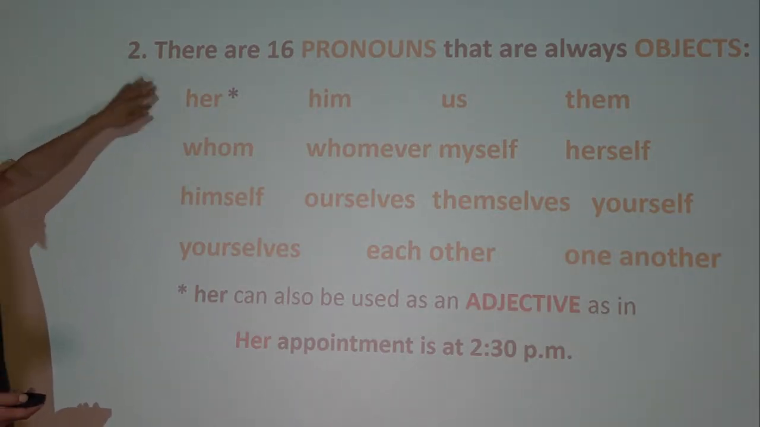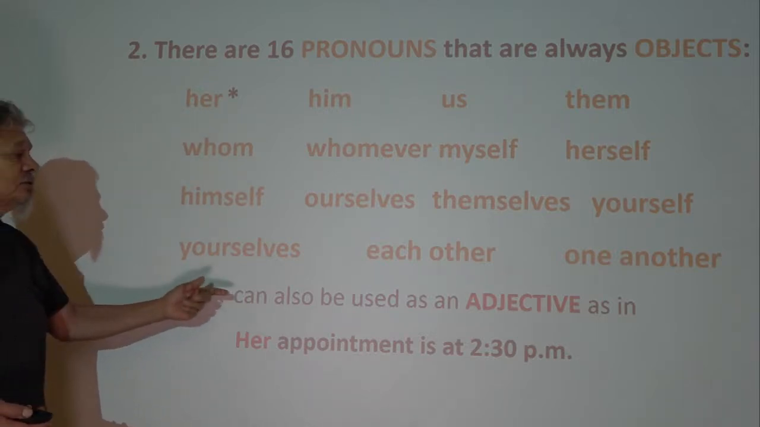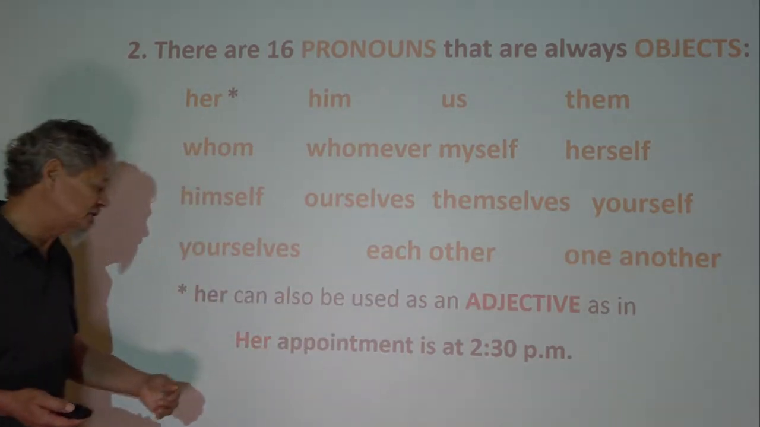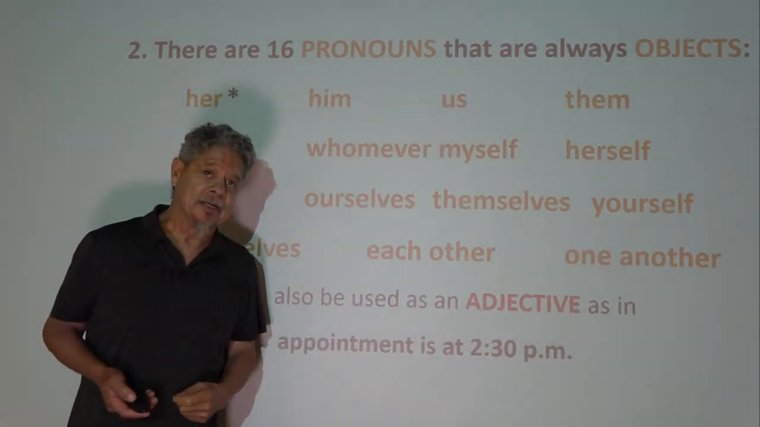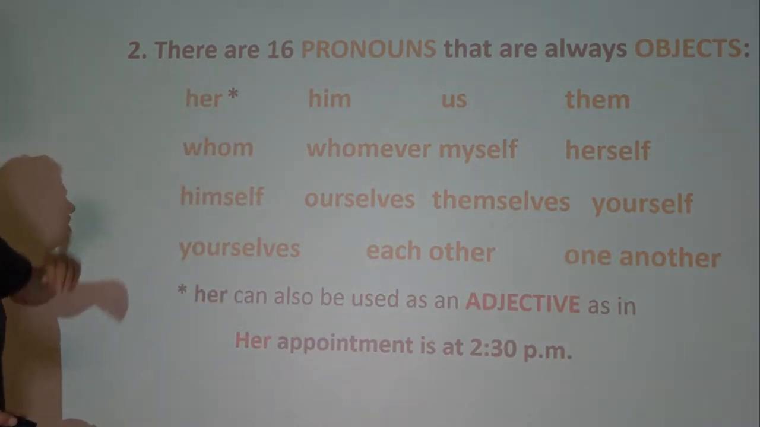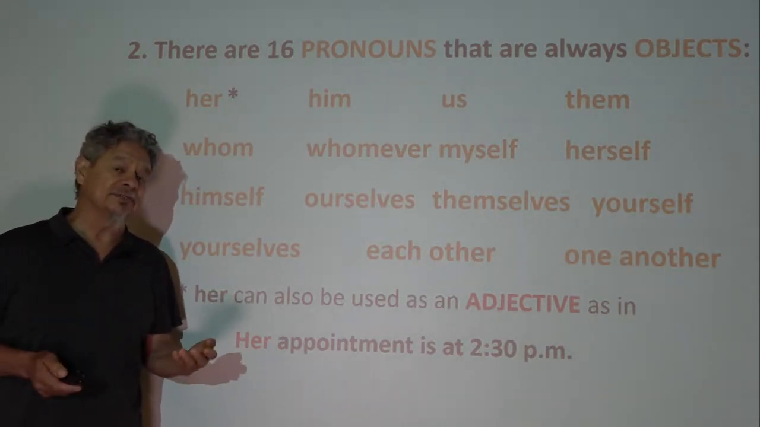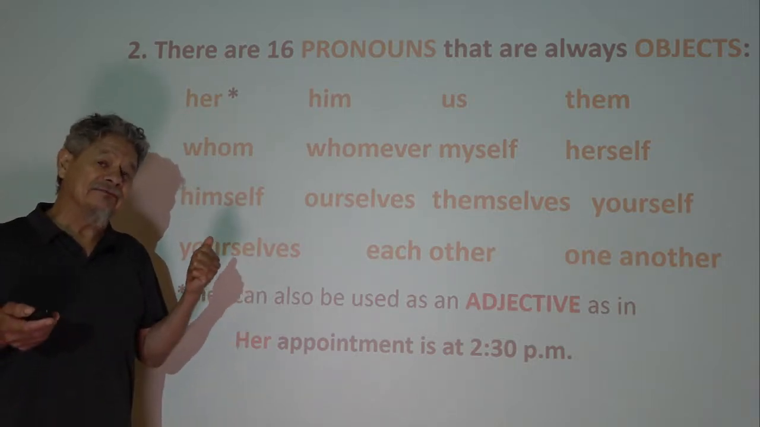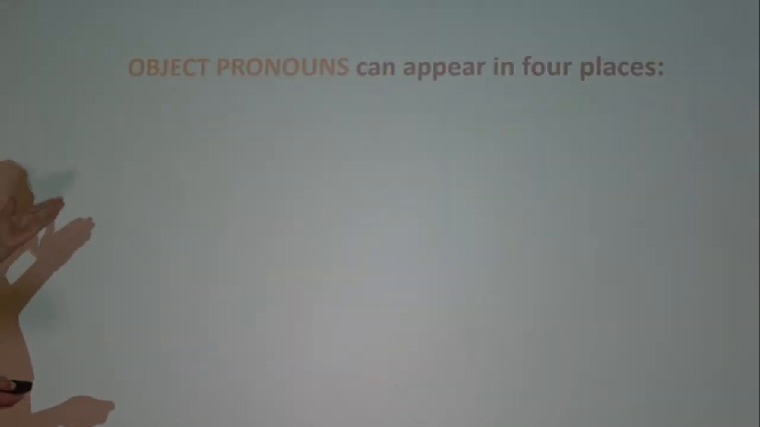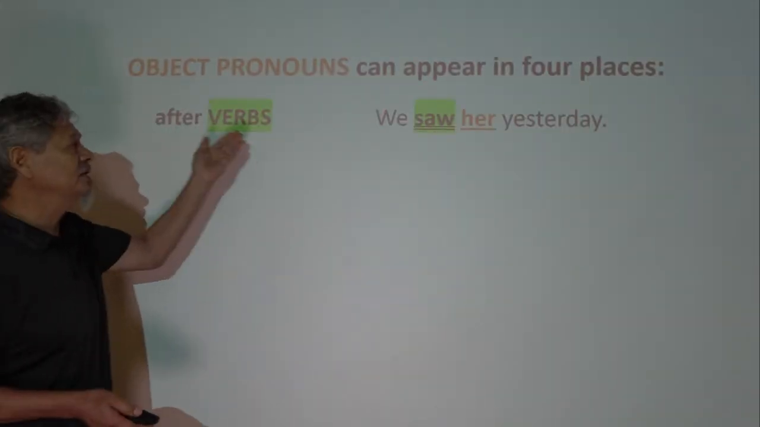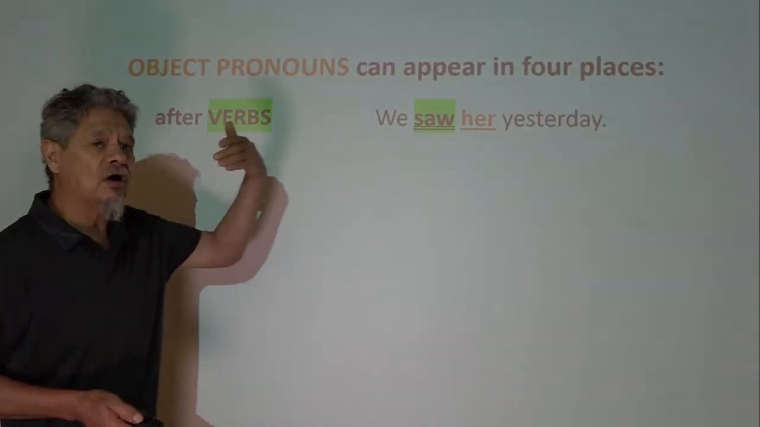And I put an asterisk after her because this is a word that can also be used as an adjective. We often use it as an adjective, if we say something like, her appointment is at 2:30 p.m. And so I wanted to indicate that. So these words cannot be used as subjects of verbs. However, they have a very important function in being used in four different places. They have a very important function in being used after verbs. If we say, we saw her yesterday, we saw them,